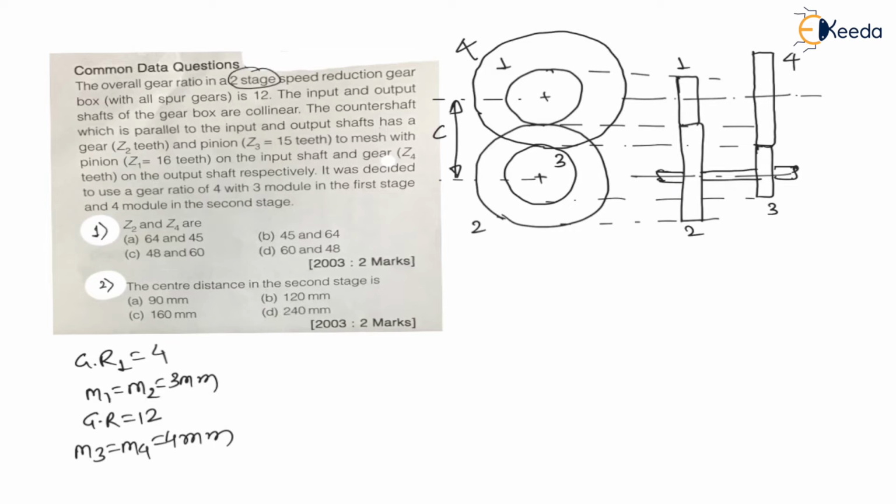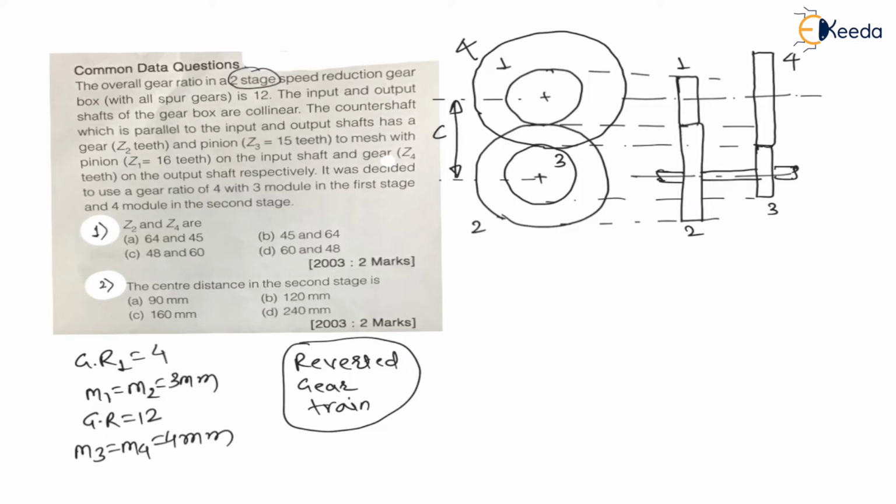Epicyclic gear train is nothing but there is a sun gear, planetary gear, and an arm; there is an arm in epicyclic gear train, that you are going to learn in theory of machines. It is called reverted gear train. Also this is a special case of compound gear train, right?